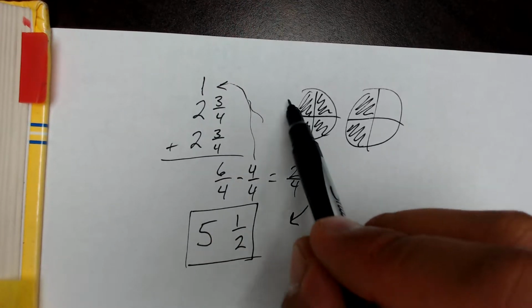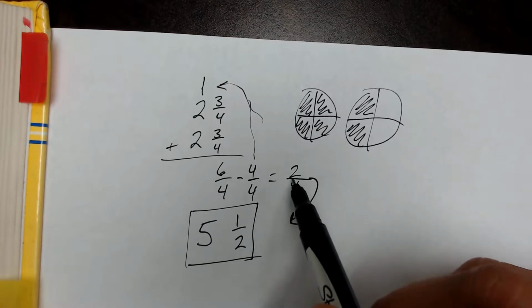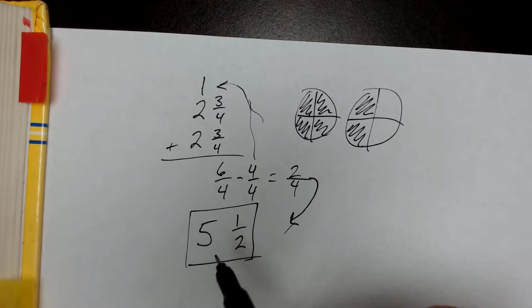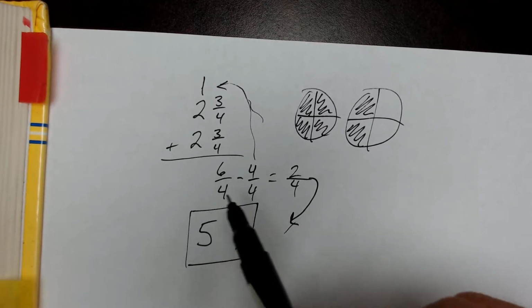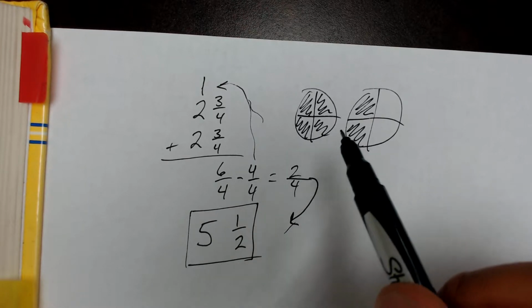So I took this 1, and that's what got moved up here. Then left over I had 2/4. That 2/4 became this 1/2 here, and I added them all up together to become 5 and 1/2. Now this method of subtracting 1 might be a little confusing for you, so there's another method of regrouping where